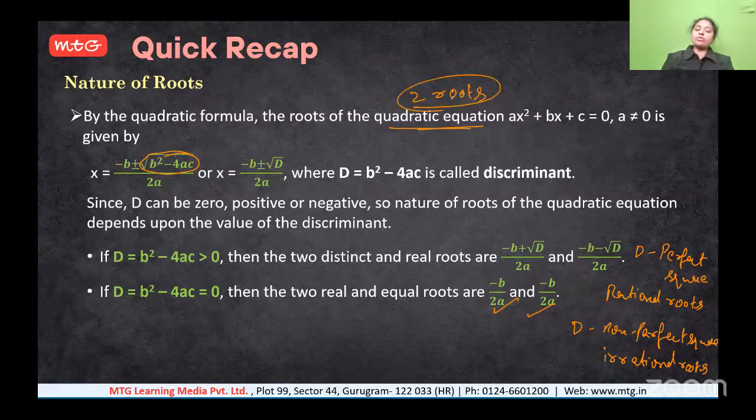वो टू रूट्स क्या होती है? d पे डिपेंड होती है। कैसे? अब अगर d वैल्यू ग्रेटर देन 0 है, परफेक्ट स्क्वायर के केस टू रेशनल रूट्स आएंगे, वो भी डिफरेंट रेशनल नंबर्स आएंगे। अब अगर वो नॉन परफेक्ट स्क्वायर है d वैल्यू, यू विल गेट टू डिफरेंट इरेशनल रूट्स। अब अगर d वैल्यू 0 बन गई, देन यू विल गेट टू इक्वल रूट्स। दैट इज वेरी इंपॉर्टेंट, वो भी रियल नंबर्स ही बनेंगे।